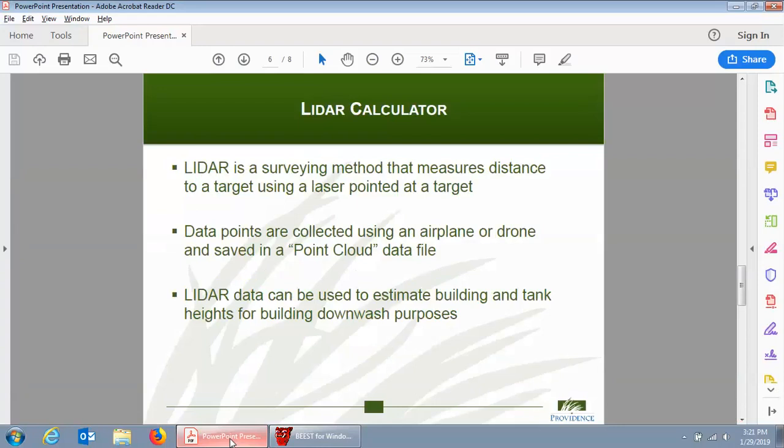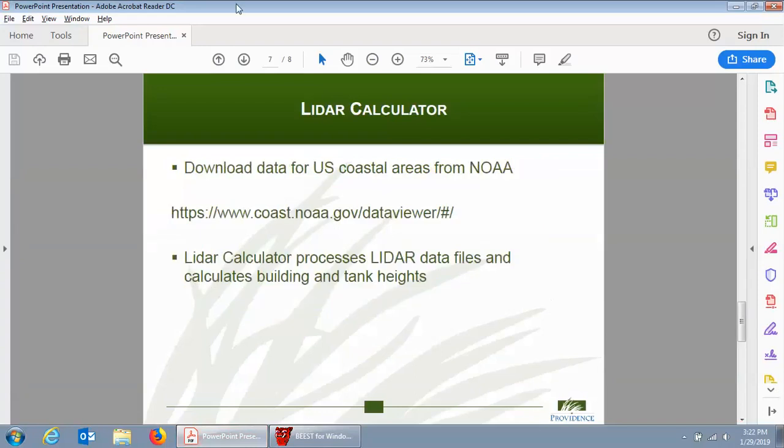That is used to estimate building and tank heights if they are not already known to you. This is typically used in Beest if you need to calculate downwash for those building heights. So for those buildings and tanks where you don't know the heights, or they have not been provided to you by the plant operator. So that's what the data file is for LiDAR. What you would do with our tool is,